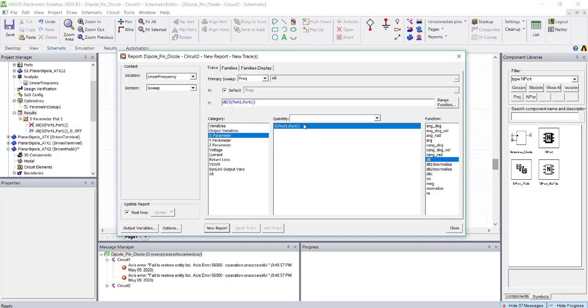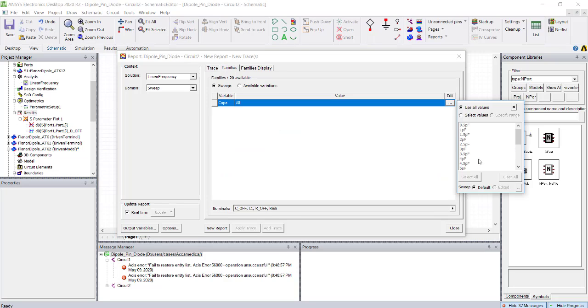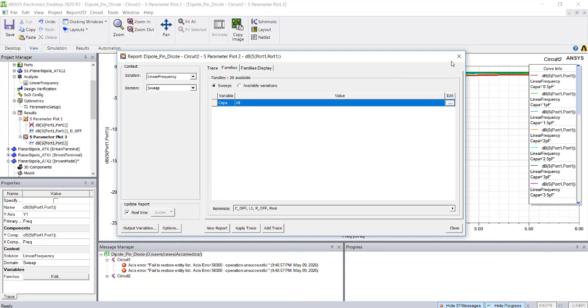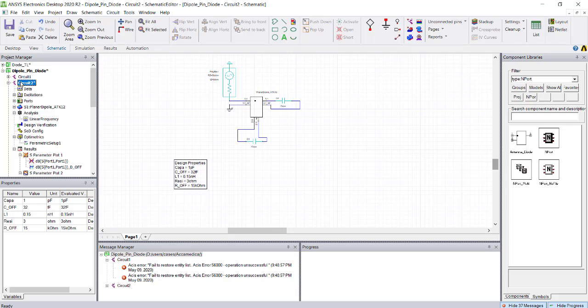As usual, you can plot the S parameter, go to the capacitance, and select all the capacitor values if you want to see the variations. You can see the S parameter variation with respect to different capacitance. The optimization of RLC components, everything, you can combine with the circuit and HFSS. With just one HFSS simulation, you can do all the parametric work in the circuit. This is going to be a breakthrough scenario for the optimization process.